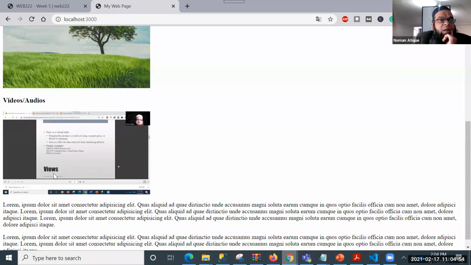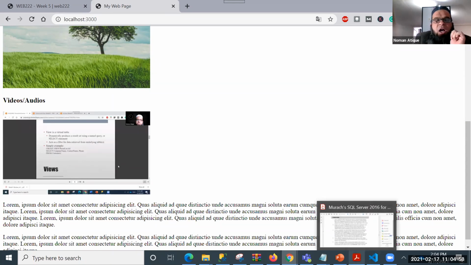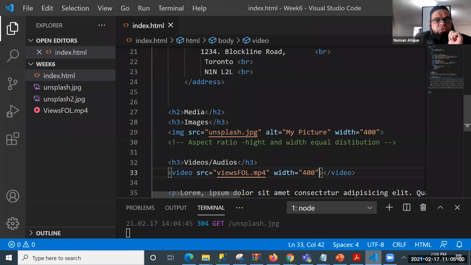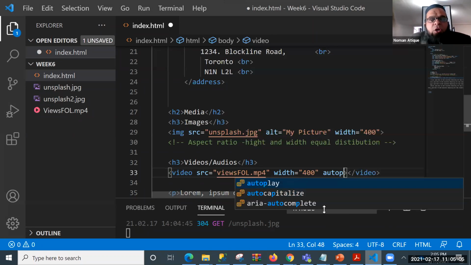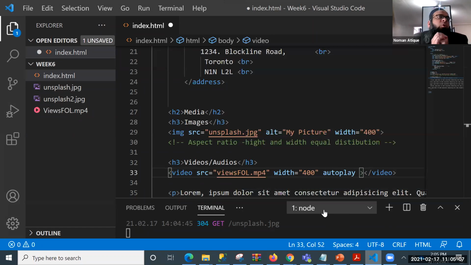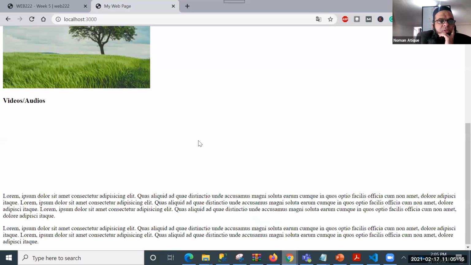Everyone can see that video, but the video is neither running nor does it have any controls. So now we have some attributes of video that we can use. First of all, I want the video to autoplay. The first attribute has no value, just the attribute autoplay. I want it to play automatically when my page loads.